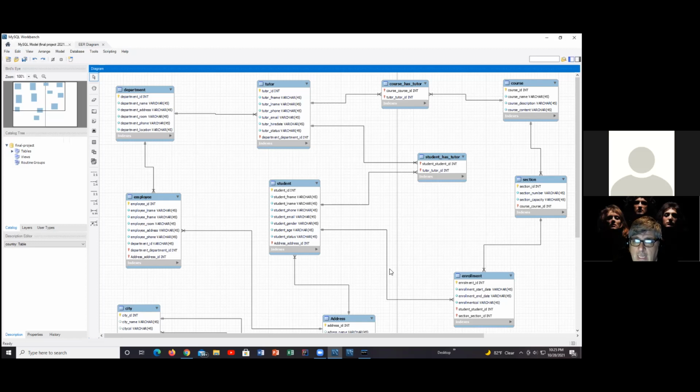Okay, and I'd have all the location information in there, and that would include city and address. This is going to get a little, okay, so you're going to have to do a locations table, and then you're going to have a location rooms table. Okay, well, okay, wait, so